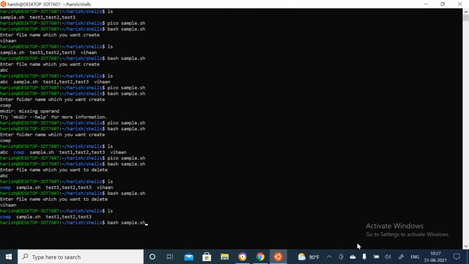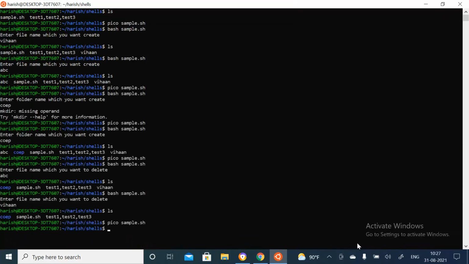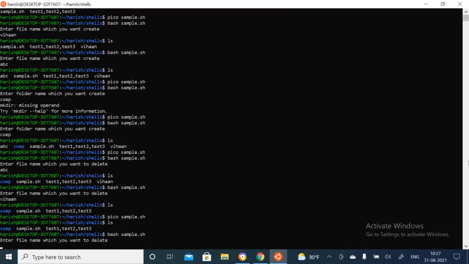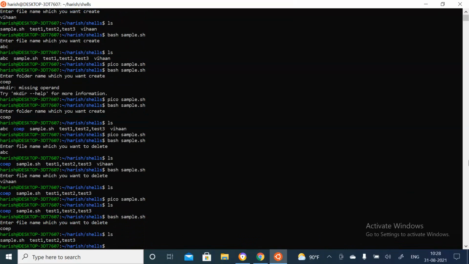In the same way, you can remove that folder also, right? So how can I remove that folder? If you see, rmdir, that is used to remove the directory, and if I run this, first I'll just list out. This COEP is the only folder in here, so I can run here rmdir COEP, and if I list out, COEP is not here. Getting this? I think you might have understood this.